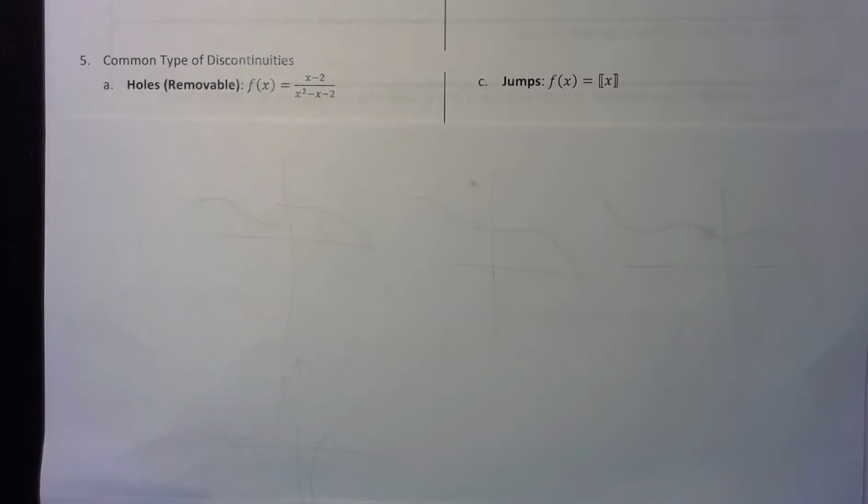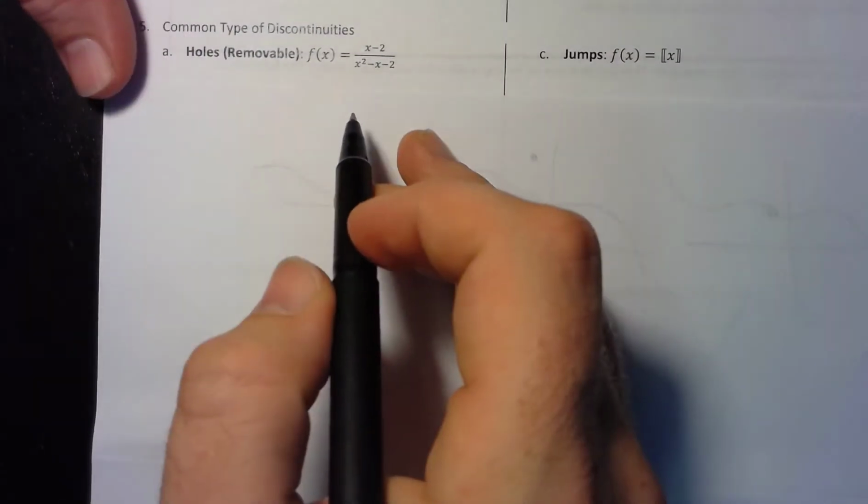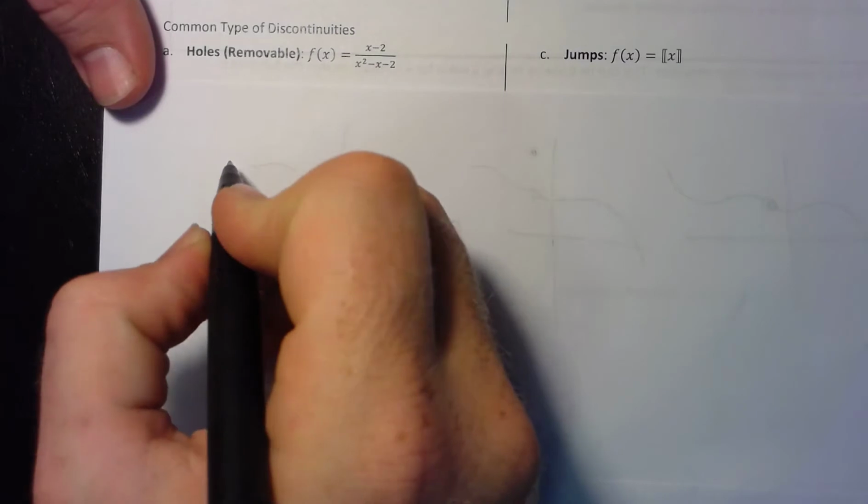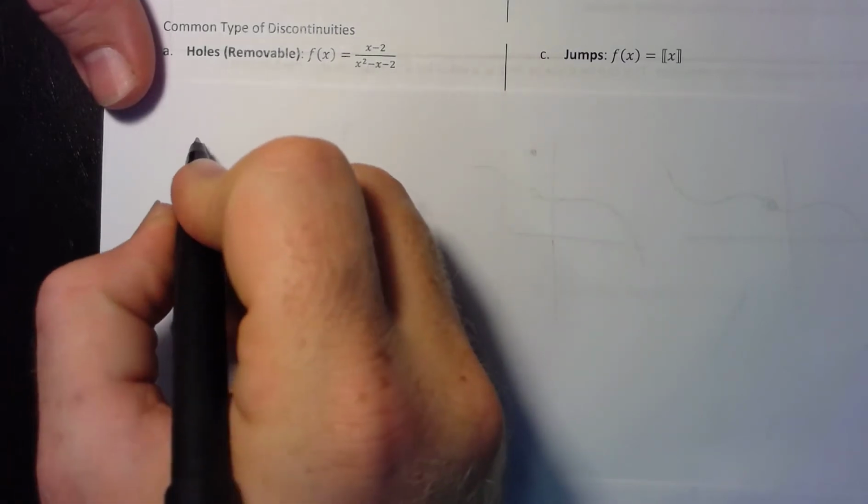In this video, we'll be talking about the types of discontinuities that can appear. This first example has actually two different kinds of discontinuities, and the most appropriate one we're looking for in this particular case is what we call the holes. Now again, if you remember from pre-calculus, to identify the holes,